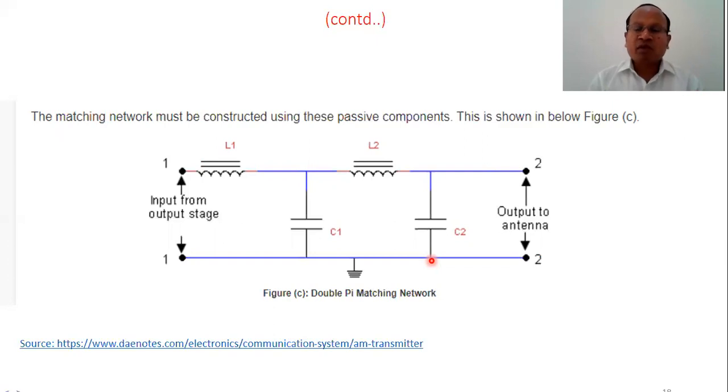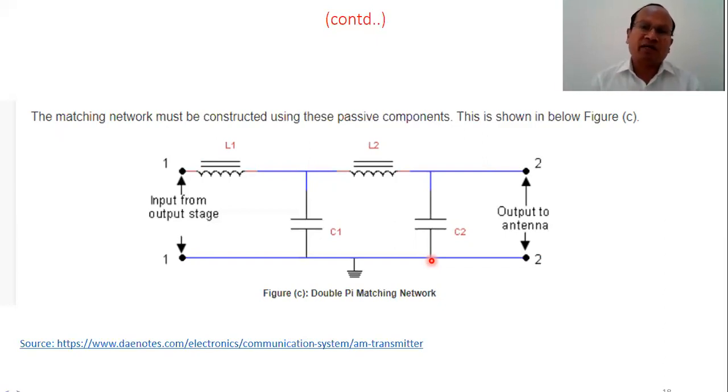Similarly, we also need a powerful carrier signal. So what do we do? We need a carrier oscillator that generates some low frequency carrier signal. That may be a crystal oscillator, a good crystal oscillator that can provide a stable frequency. Then there is a buffer amplifier which provides isolation and matching between the carrier oscillator and the frequency multiplier. Why is the frequency multiplier needed? Because it can multiply the low frequency output of the crystal oscillator to whatever value is required in the operation of the AM modulator.